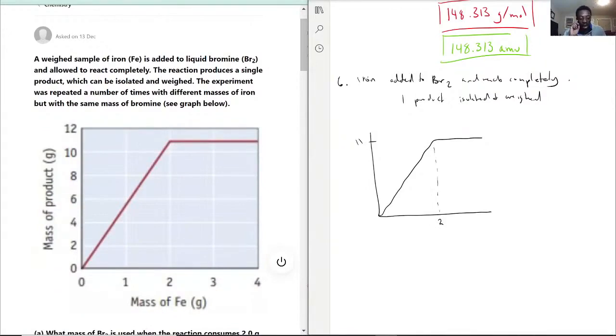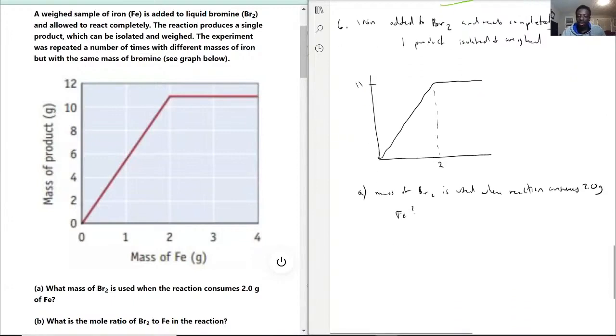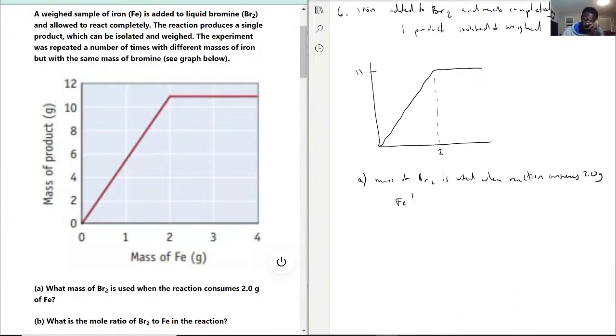We have the mass of iron and then the mass of the product. With this being said, let's start with question A. What mass of Br2 is used when the reaction consumes 2.0 grams of Fe? This is going to take multiple steps, because the first thing we have to do is